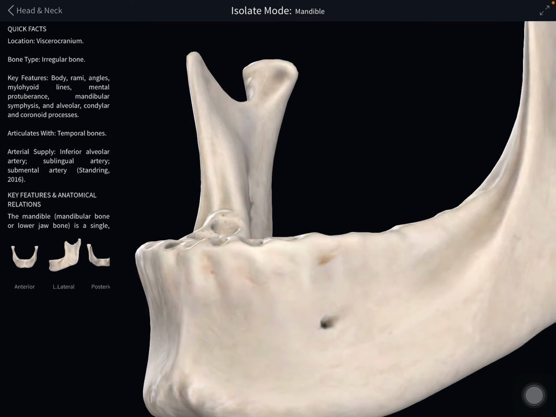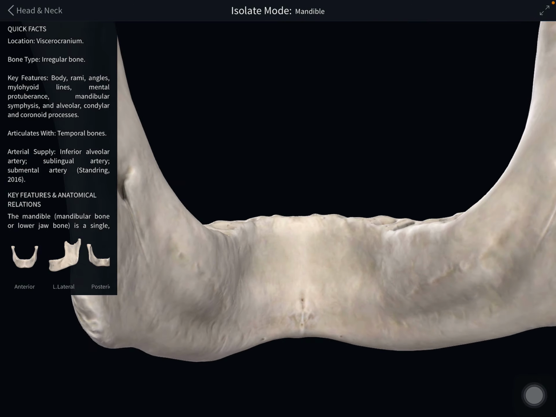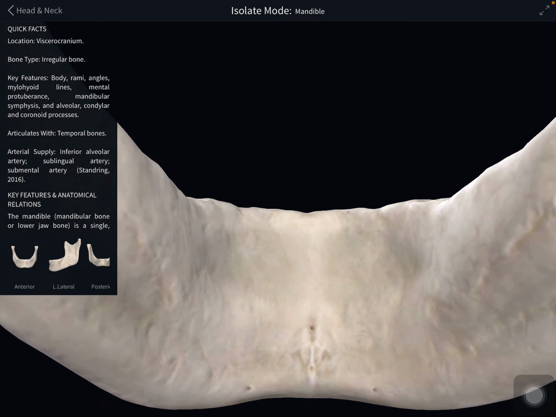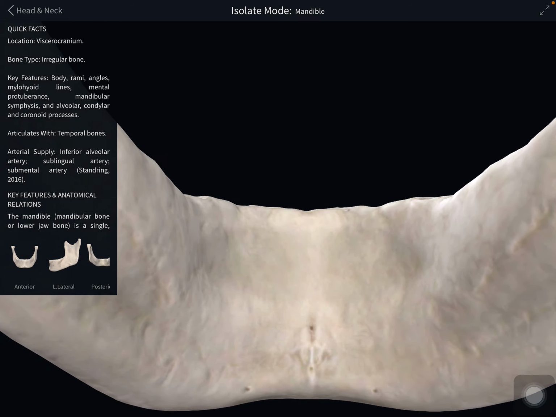So now we will see the inner surface of the body of the mandible. Just on the inner surface of the symphysis, there are two pairs of small spines, one pair immediately above the other pair. These are the superior and the inferior mental spines, and they give attachment for a pair of muscles that pass into the tongue and a pair of muscles which connect the mandible to the hyoid bone.